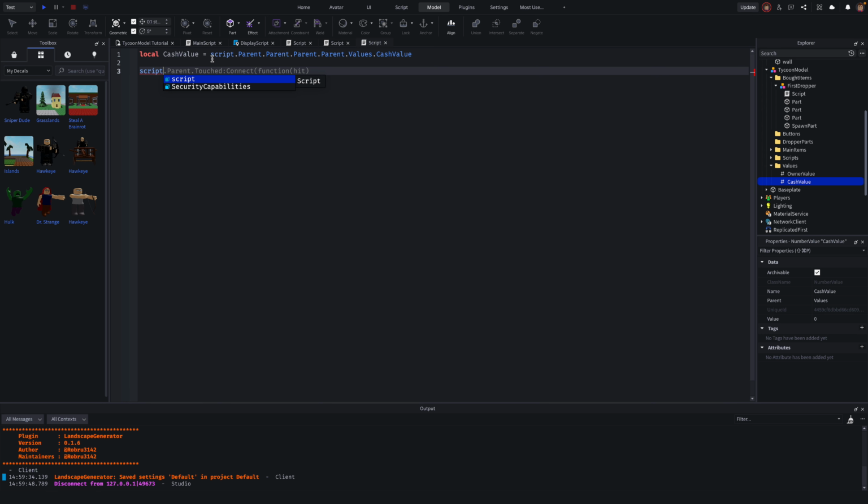Okay. And then script.Parent.Touched:Connect(function